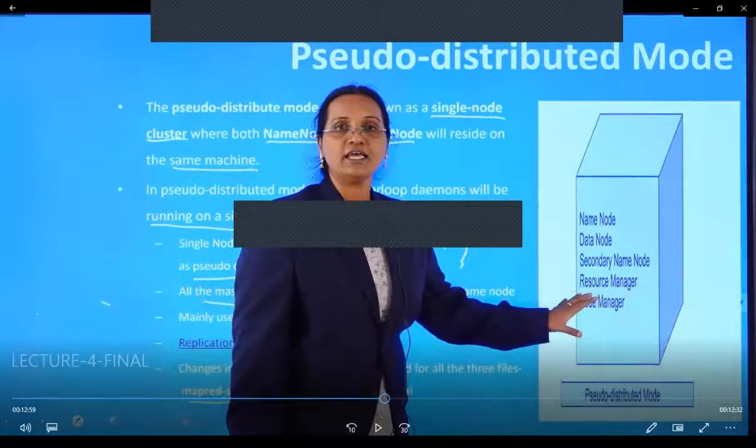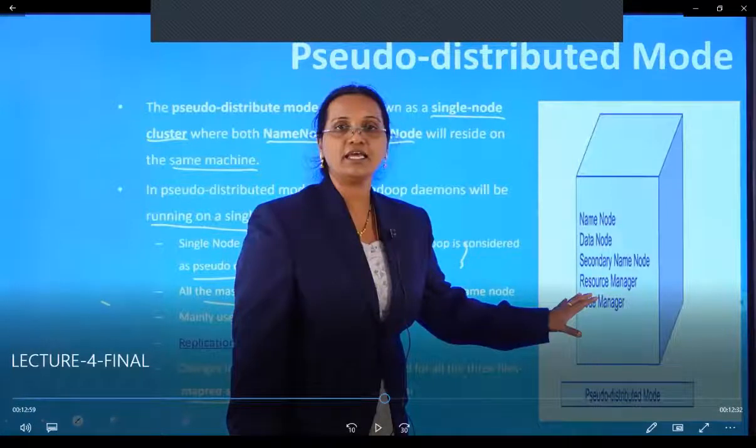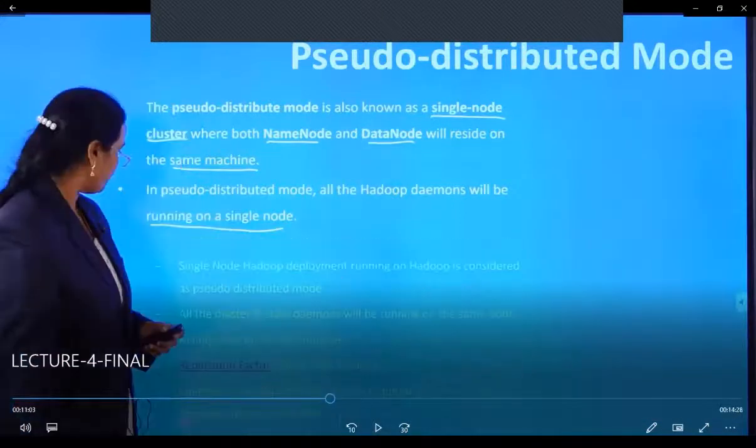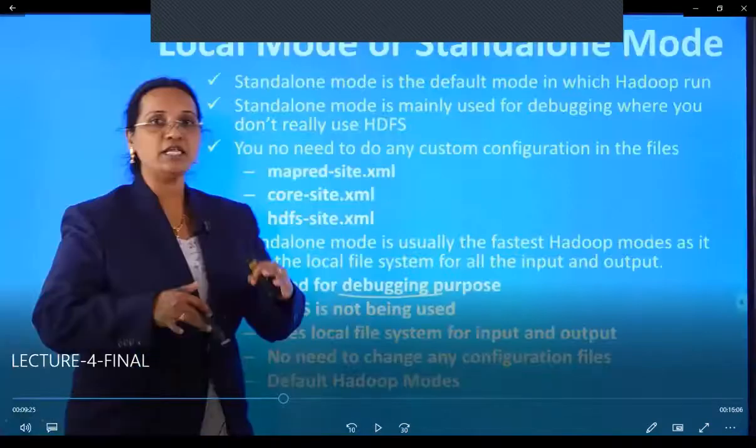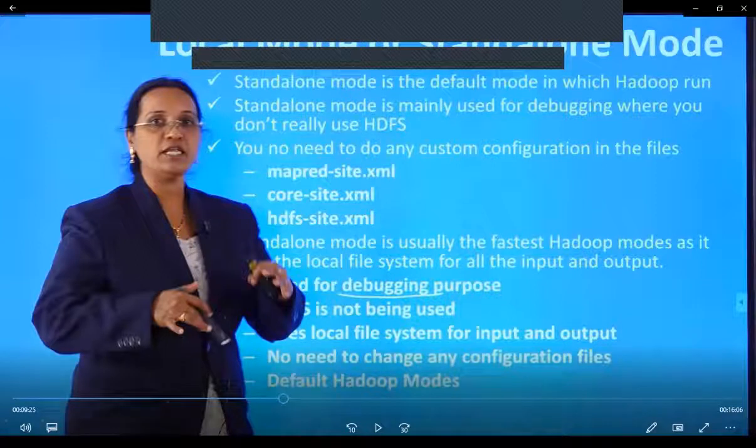Guys, can I have your attention? Anyone can respond to me, please. Yes, sir. So, ma'am, as she's explaining about the modes, I hope you understood the difference of what I explained earlier. Have you seen this slide, which is the local mode? Have you seen this? Yes, sir. Please respond to me quickly. I'm not going to ask any questions, so I'll finish it off as early as possible.